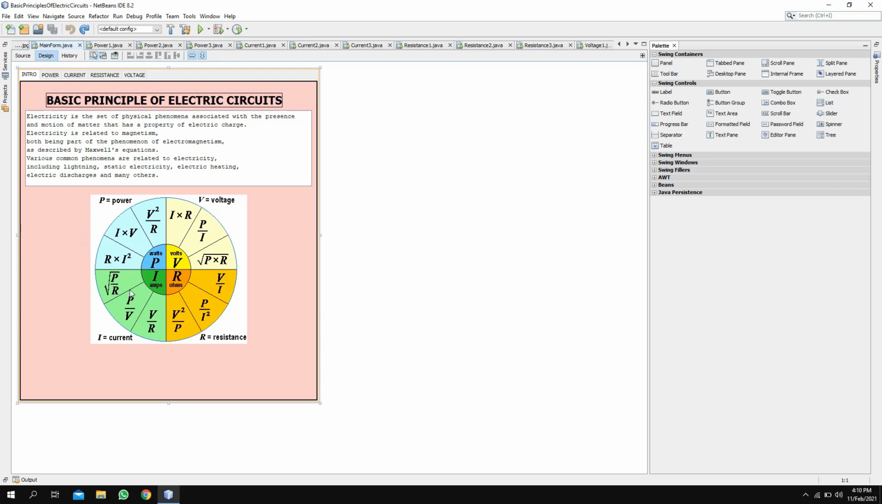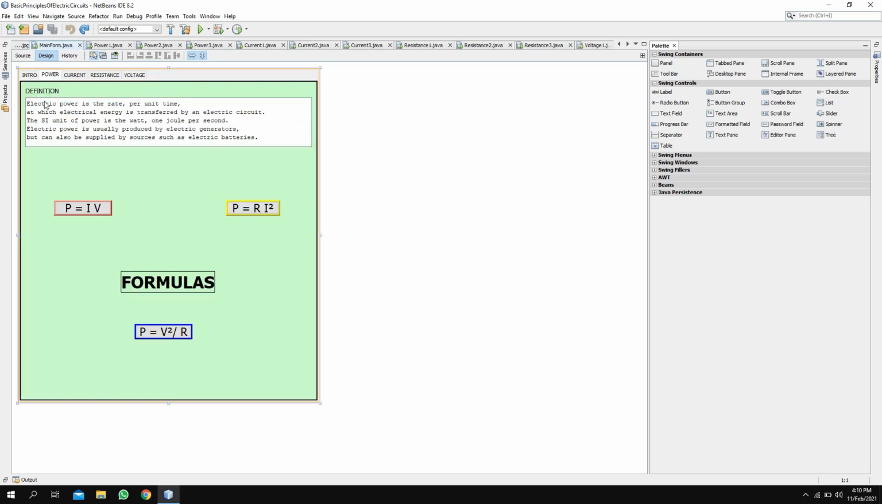So we have P equals power, V equals voltage, I equals current, and R equals resistance. Each of them is divided into three different formulas. Power is the rate per unit time at which electrical energy is transferred by an electric circuit. So we can see here we have P equals IV, P equals I squared R, and P equals